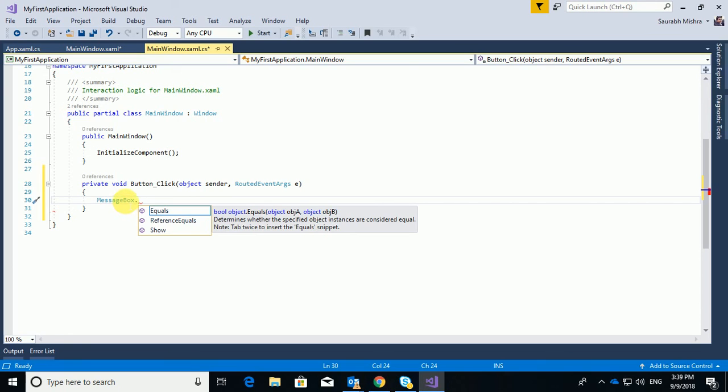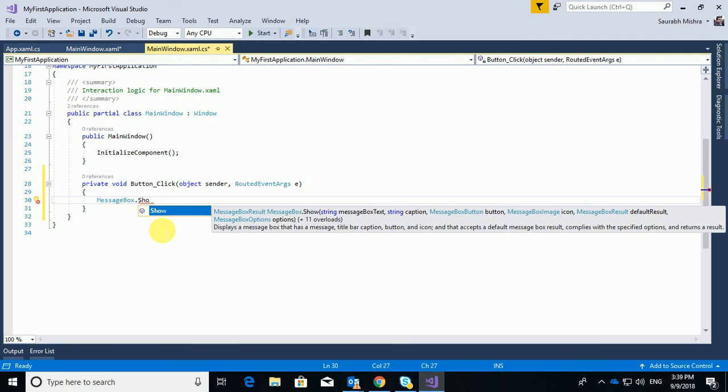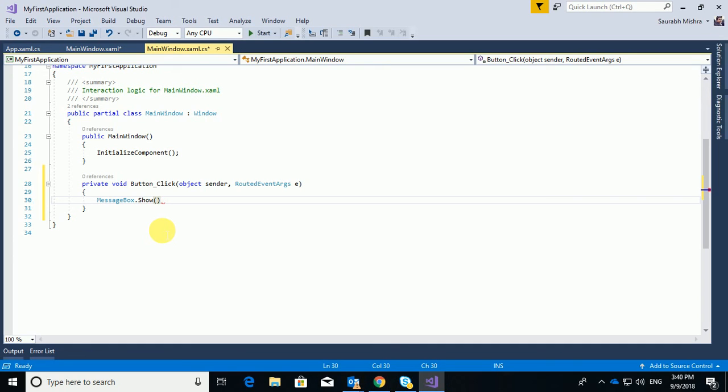So here message box is nothing but a class having the method as dot show, which is used to display the messages. And every statement ends with a terminator.